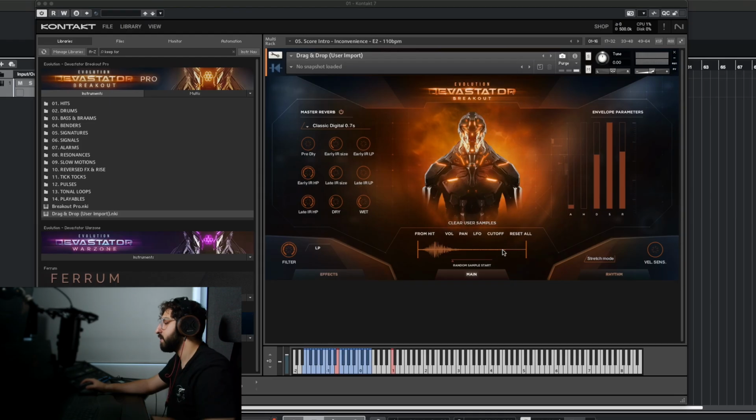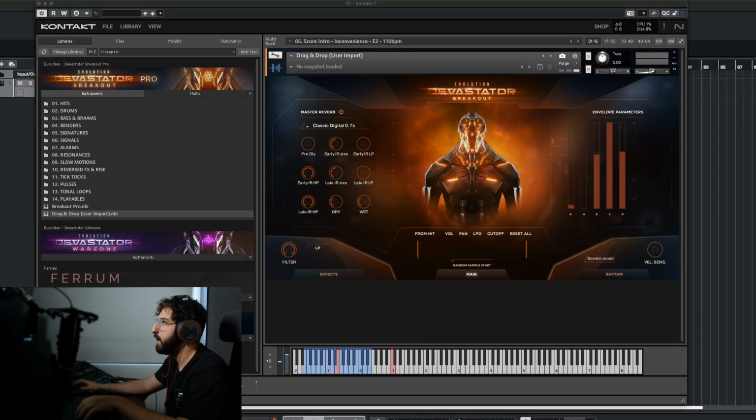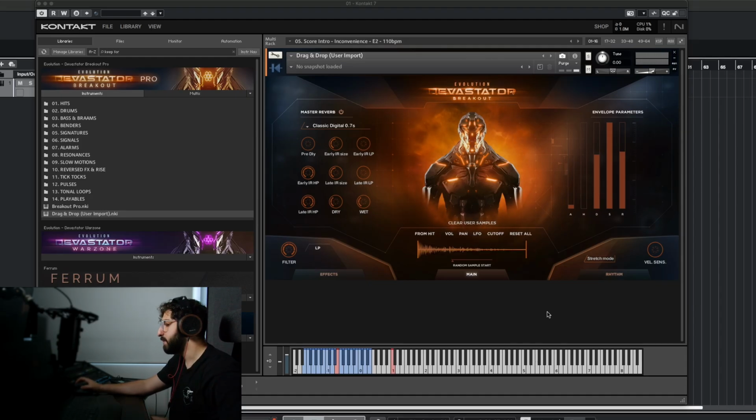So the next one we're going to go with is the drag and drop, the user import here. So you can clear the sample. It's an instance of Devastator Breakout, but with nothing in it. So I'm just going to open up my media bay, which I've got on the other screen in Cubase, and I am just going to get a hit of some kind. Cool, that'll do. I'm going to drag in this hit here. That was just off screen. So now if I play this,